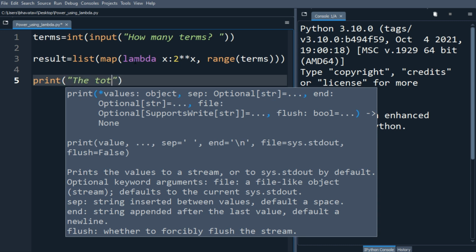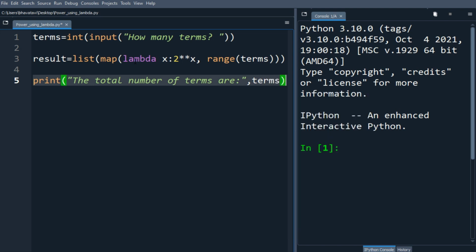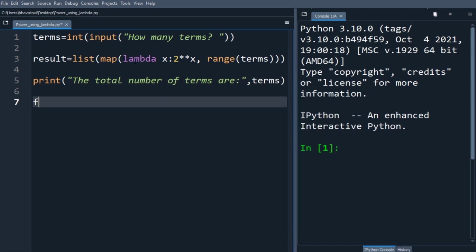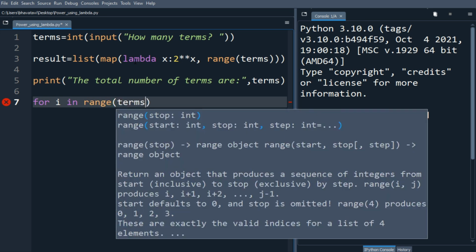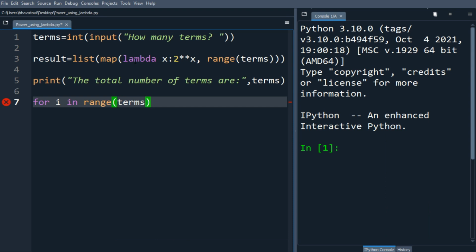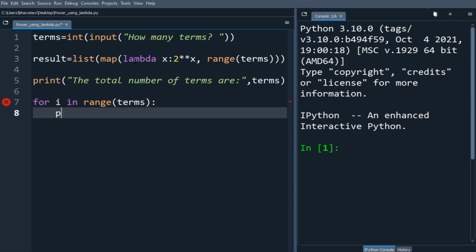the total number of terms are, okay, and then we will give the terms. And now let's make a for statement: for i in range of terms, okay, and then let's print